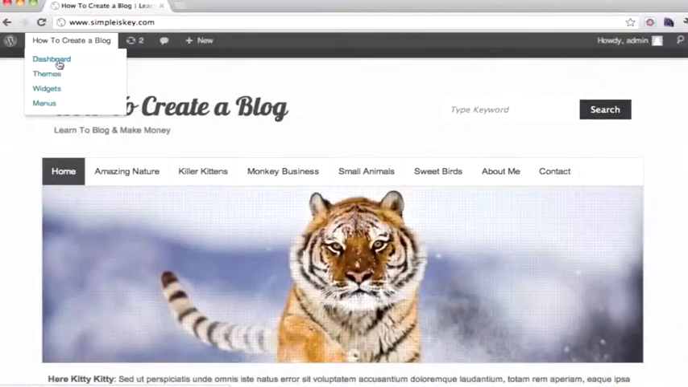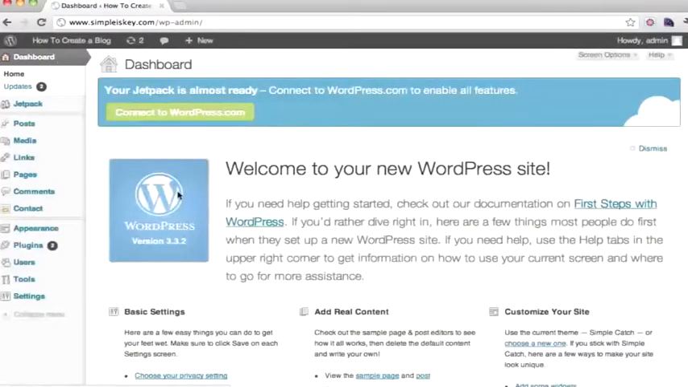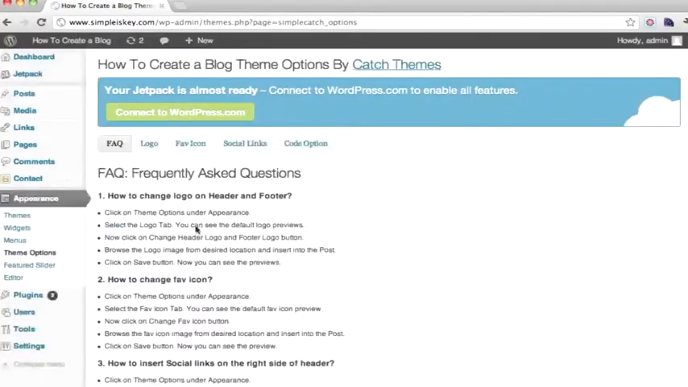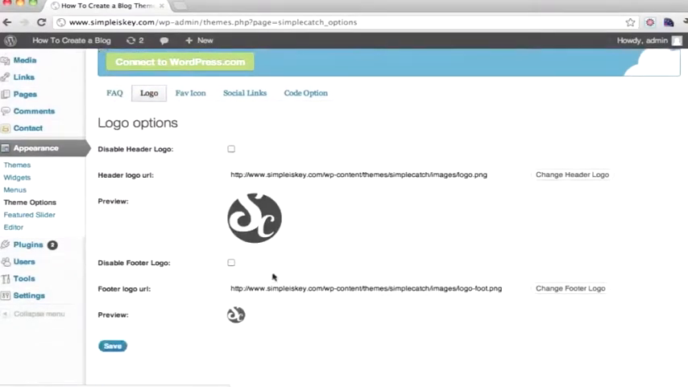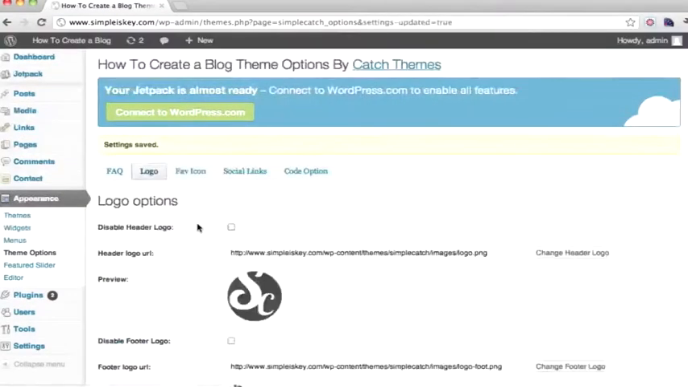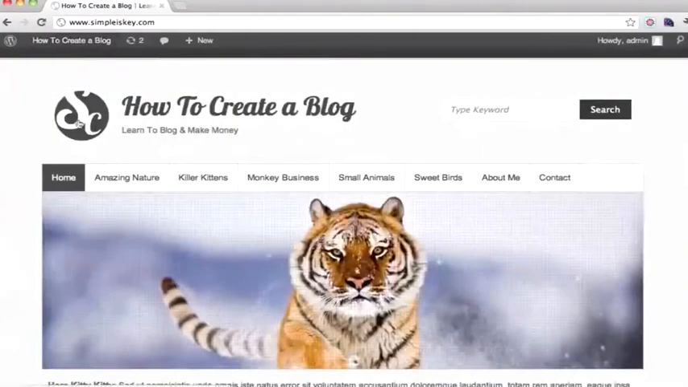So we're going to go here and then to the dashboard. And we're going to go to Appearance and Theme Options. So this is just for this particular theme. And then we're going to click Logo. And we can see that this logo is here now. So we can actually save changes, and we can see that the logo is now